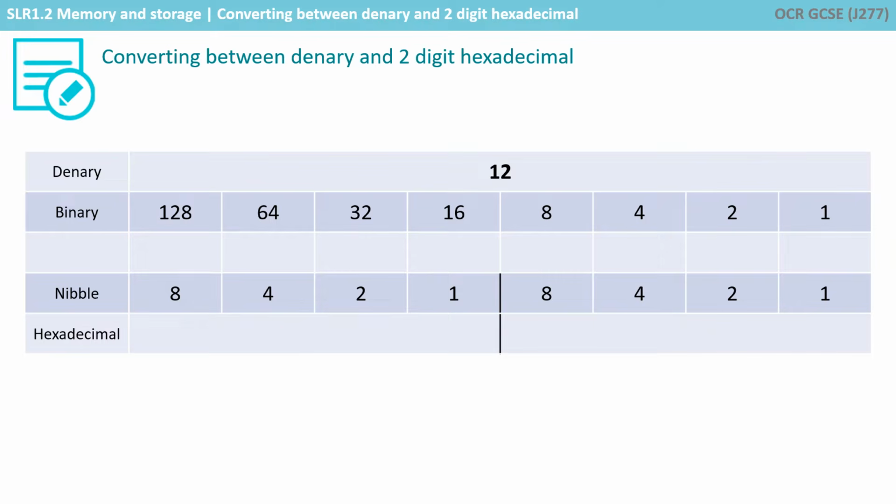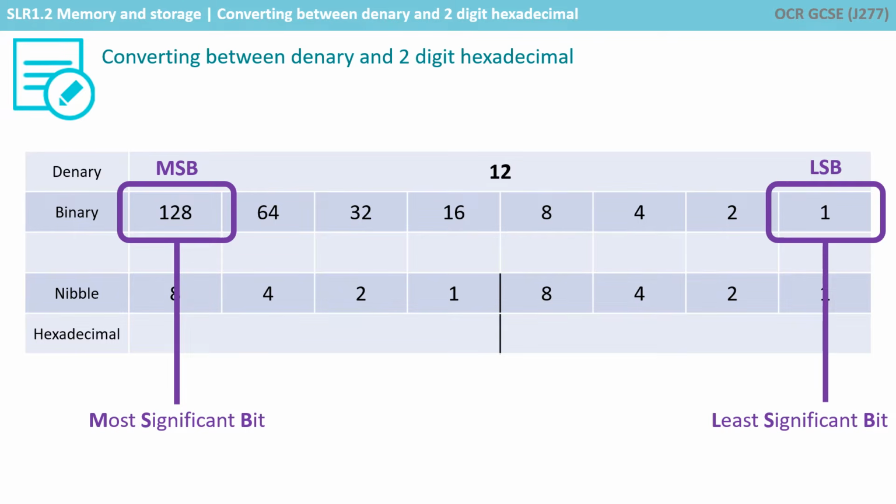So we take the number 12 and we write it out in its binary, which we showed you in a previous video. Now, just before we move on here, it's worth mentioning the terms MSB, most significant bit, and LSB, least significant bit, as the exam would require you to know these. When we have a binary weighting line or binary number line, as we do here, we know we place the weightings across the top, starting with 1 in the far right hand column, and then doubling by 2 each time we move to the left, 1, 2, 4, 8, 16 and so on, and we're timesing by 2 because we're using a binary base 2 number system.